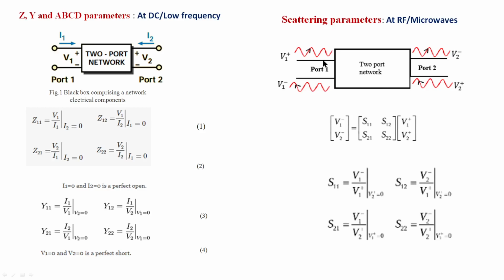So we consider waves like this. Instead of total voltage and total current measurement, we consider independent waves, incoming waves and outgoing waves, and they may be represented like this. And S parameters are defined similar to this definition: V1 divided by I1 with I2 equal to 0. Similarly, there is a definition of the S parameters. For a 2-port network, there are S parameters.